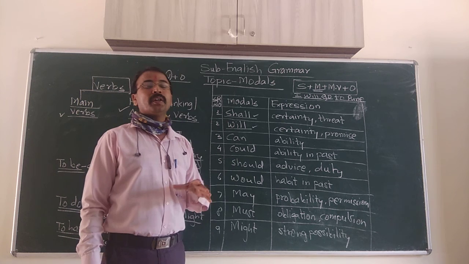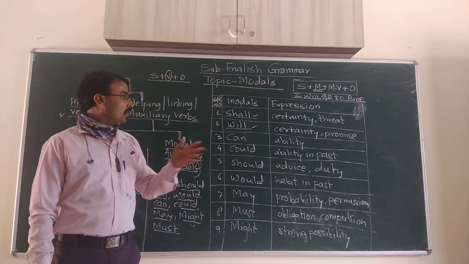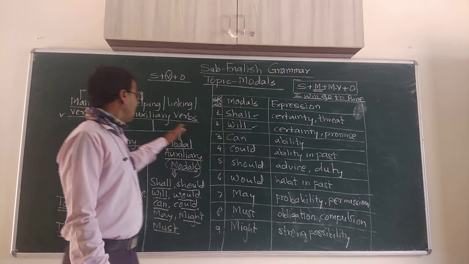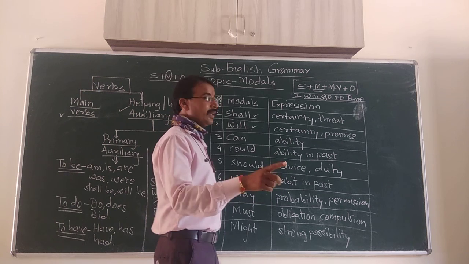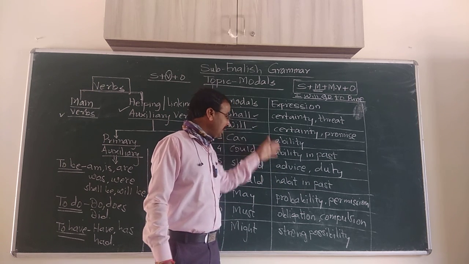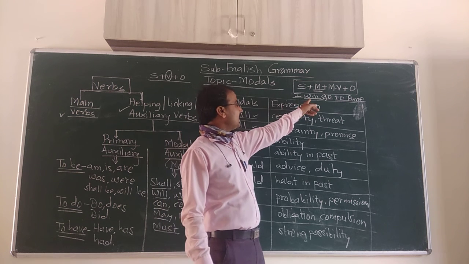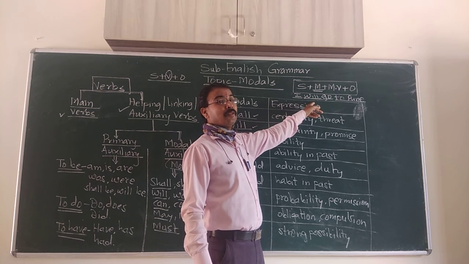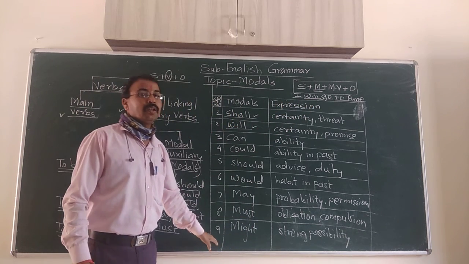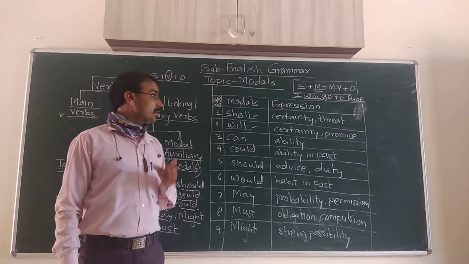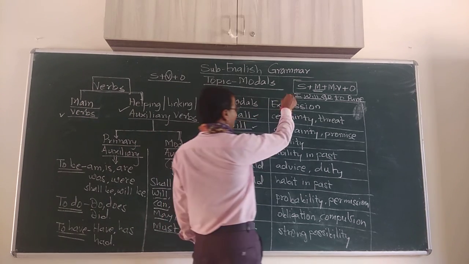This lesson is very important. You have many more notes in your textbook and notebook also. So this is the chart about modals, and this is where the modals come from. It is your duty to write a single sentence in all these seven or eight types. This will be your homework, just to change the modal in that place. Every time you use a different modal, you will get a different meaning. So, understood? The homework is to change these modals in only one sentence.